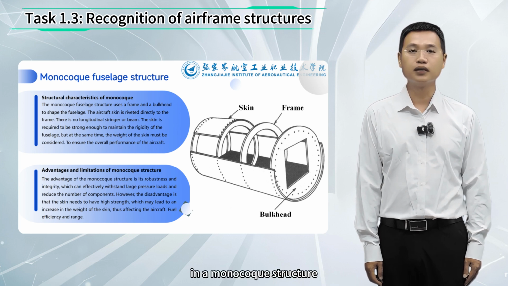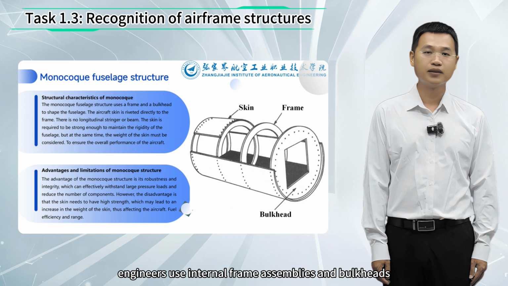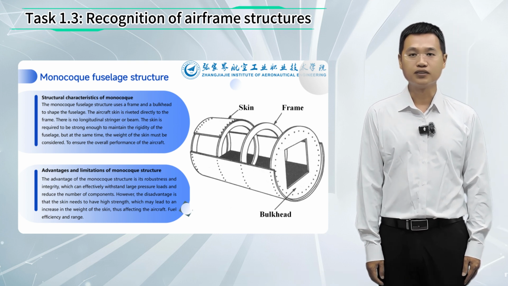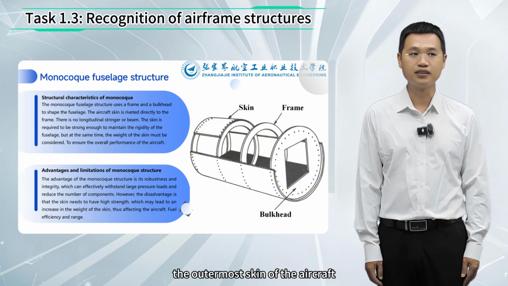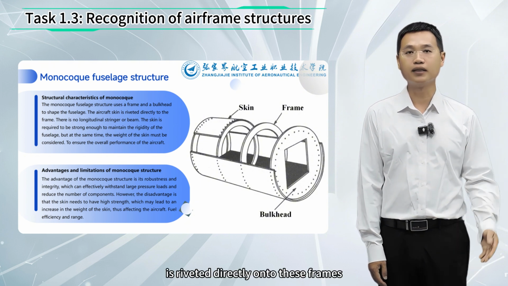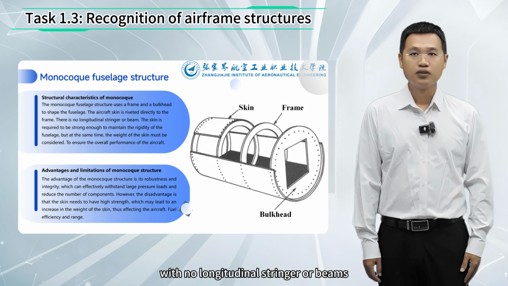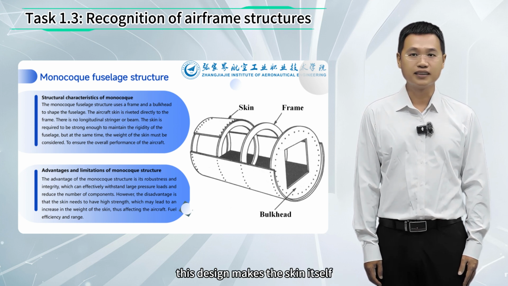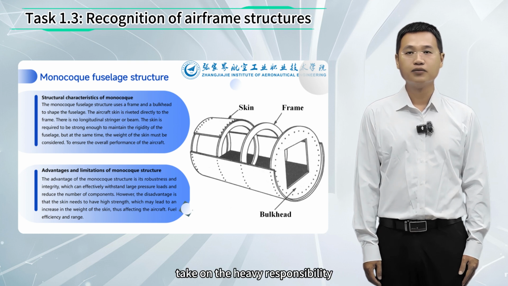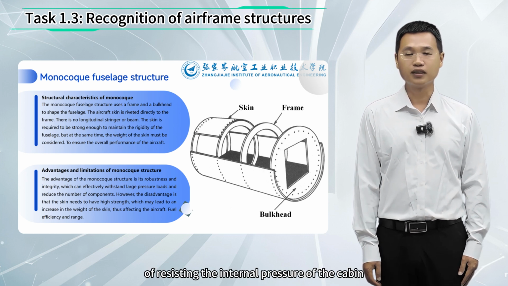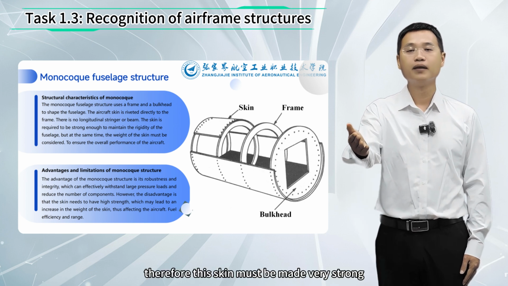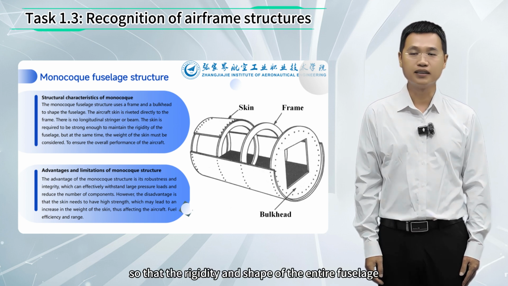In a monocoque structure, engineers use internal frame assemblies and bulkheads to shape the fuselage. Most importantly, the outermost skin of the aircraft is riveted directly onto these frames, with no longitudinal stringers or beams. This design makes the skin itself take on the heavy responsibility of resisting the internal pressure of the cabin. Therefore, this skin must be made very strong so that the rigidity and shape of the entire fuselage can be